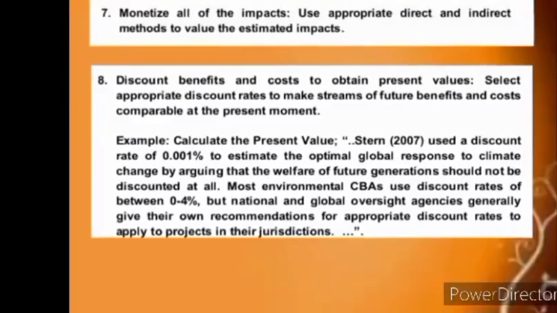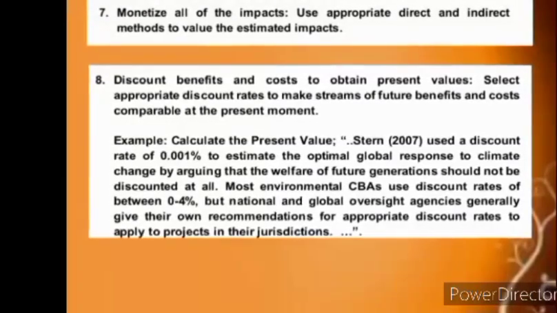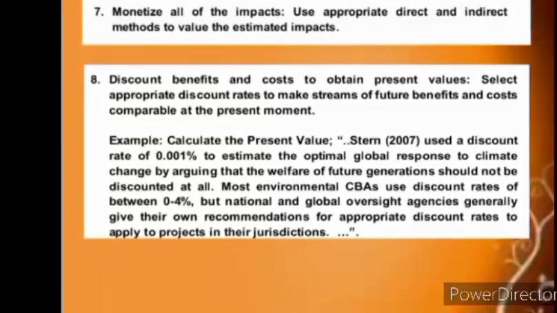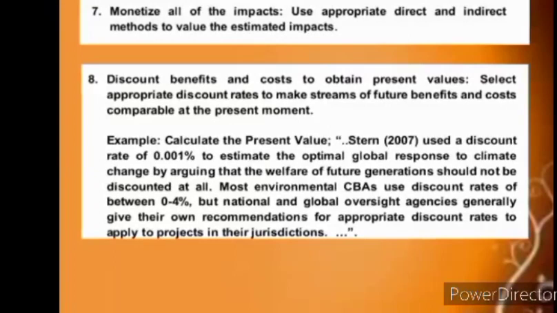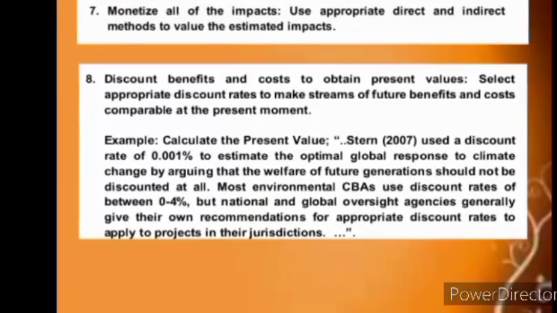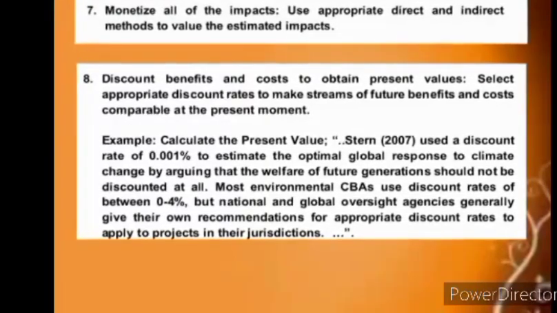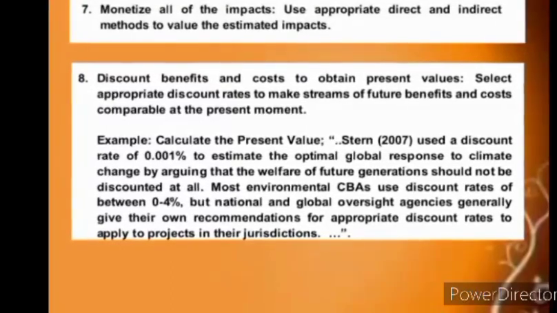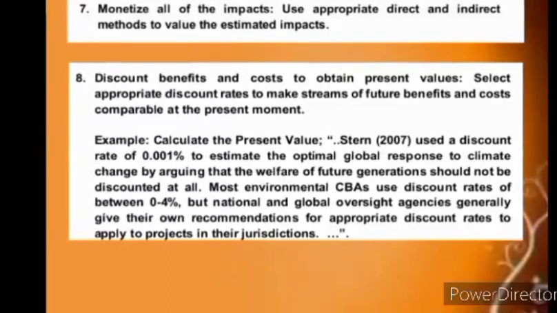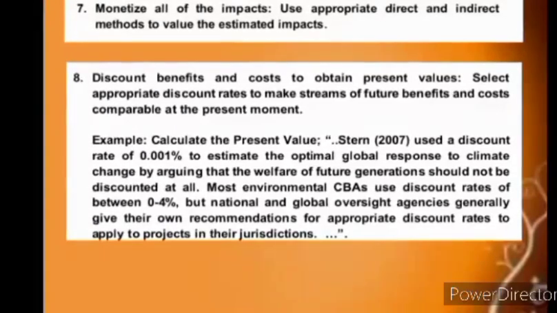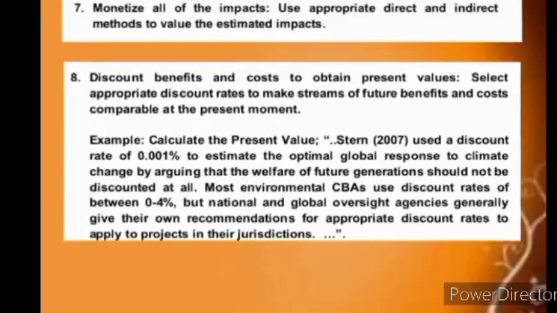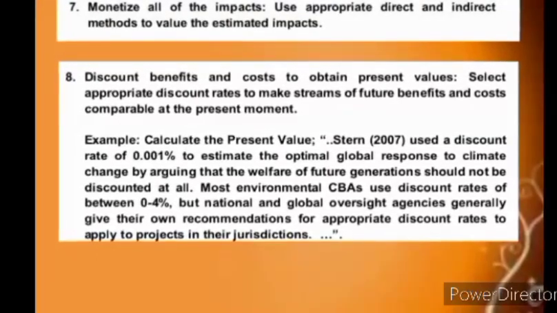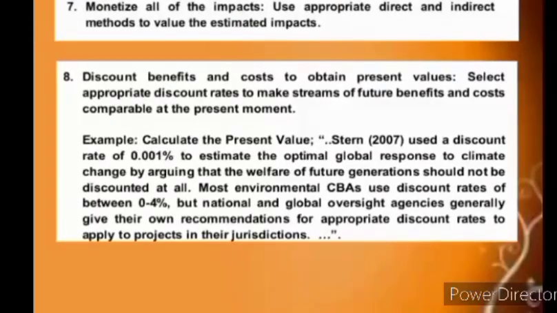So in number 8, discount benefits and costs to get the present values and choose the right discount rate to make streams of future benefits and costs comparable at the present moment. An example of this is to calculate the present values as of 2007 and use a discount rate of 0.01% to estimate the optimal global response to climate change by arguing that the